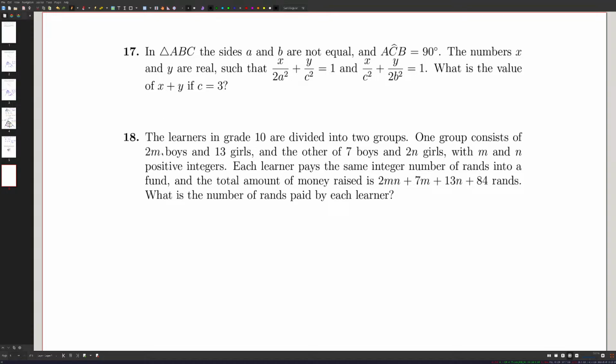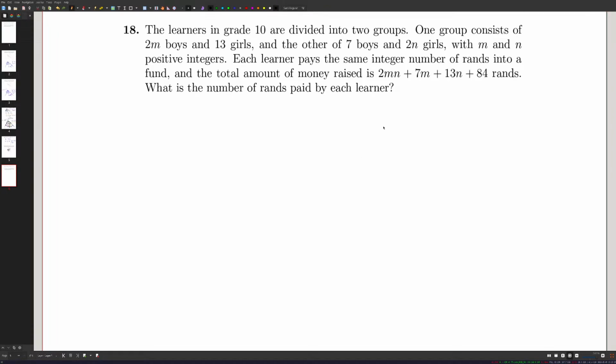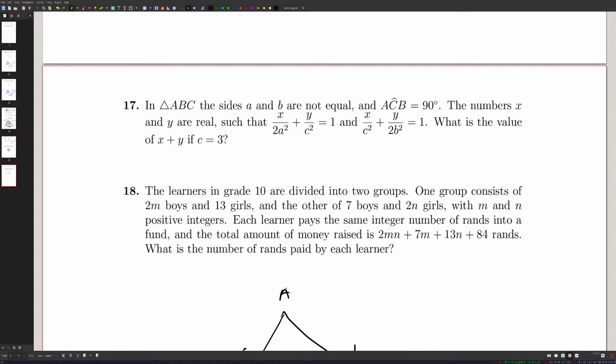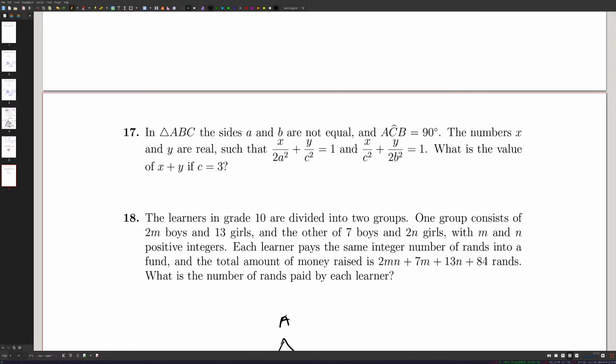The annoying thing about the way that they phrased question 17 is they're relying on you knowing that there's a convention that when you have a triangle, little a is the length opposite the vertex A, little b is the length opposite the vertex B, and little c is the length opposite the vertex C. They could have said explicitly that C is the hypotenuse and left no doubt about what they ask, or not hypotenuse in this case, because it's a right angle triangle. Anyway,